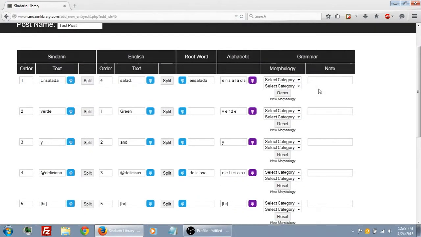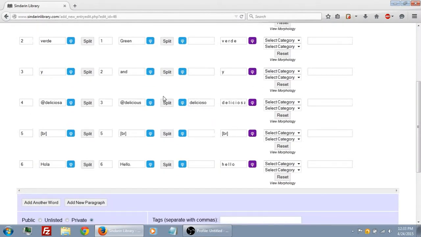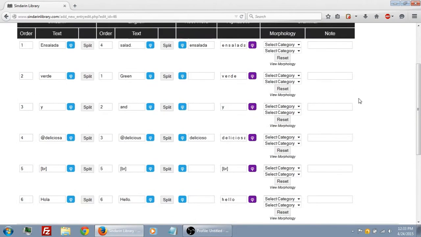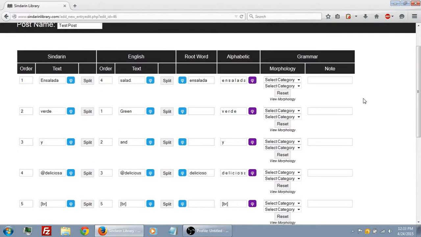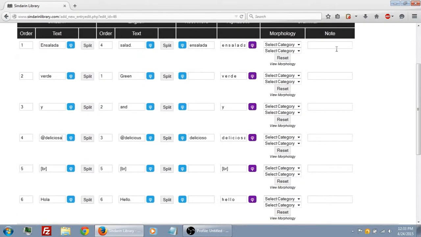So let's go with the notes first. We had a curious case here where delicioso, the masculine root word, was used when deliciosa was the word we were actually spelling. So something like that, which takes knowing about the language, knowing about the nuance of it. If somebody is reading your entry and they don't know that, you can let them know by adding notes to every word or any word that you want. So for this one, I'm going to say,